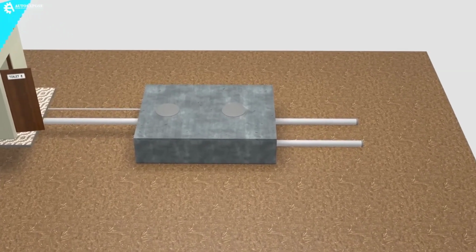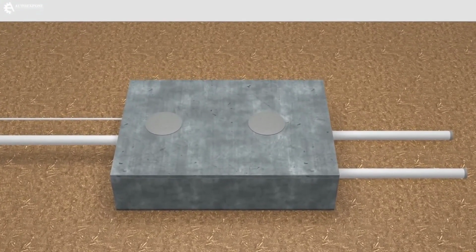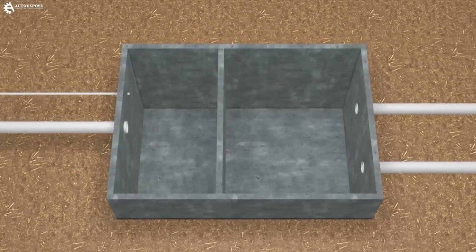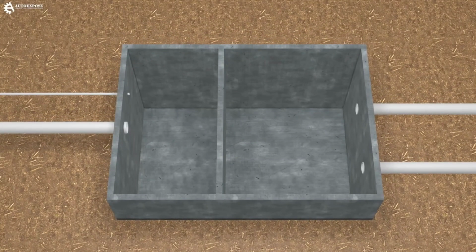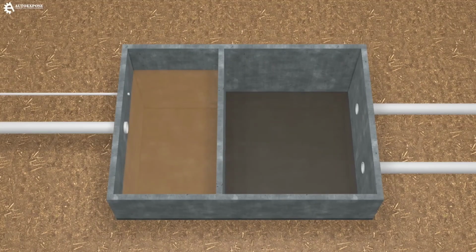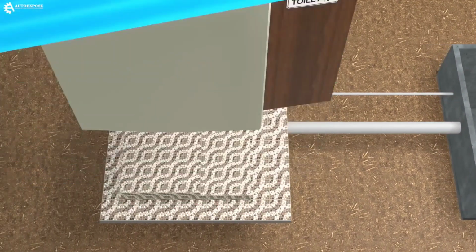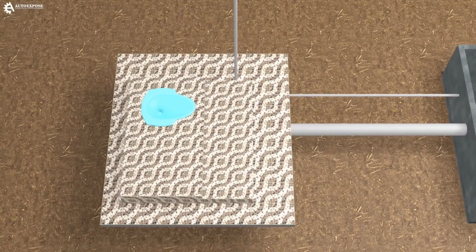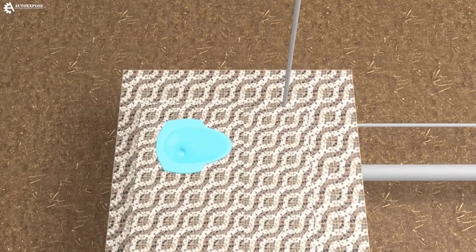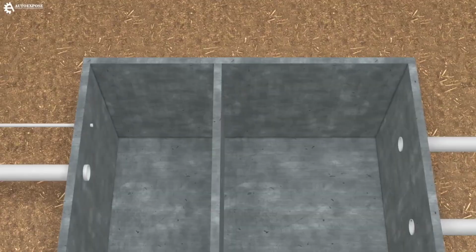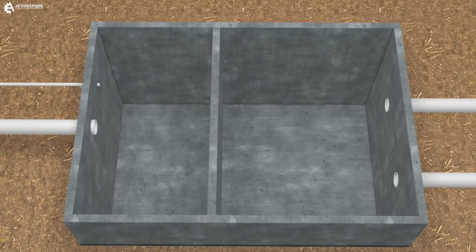So, how does it work? If you look at what's inside this septic tank, it only contains 2 empty spaces, without any mechanism. This is because the waste processing process includes an automatic waste processing process through the decomposition of a number of decomposing bacteria. Waste from the toilet is organic waste because it is produced by humans. Because it is organic, it is broken down faster by decomposing bacteria.